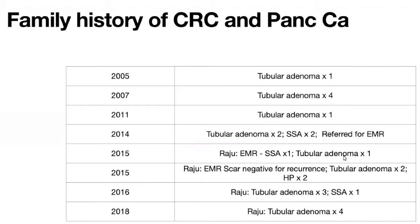He's been having colonoscopy since 2005. In 2005, we had 1 tubular adenoma. 2007, 4 tubular adenomas. 2011, 1 tubular adenoma. And 2014, we had 2 tubular adenomas and 2 SSAs. And at that time, they found a flat lesion in the descending colon, and they felt uncomfortable to resect. So that's when I came into